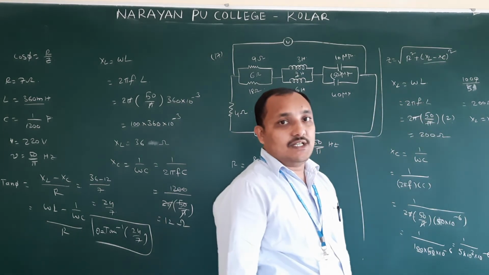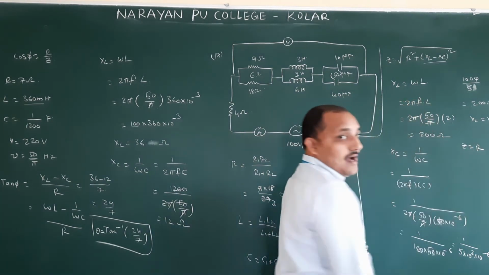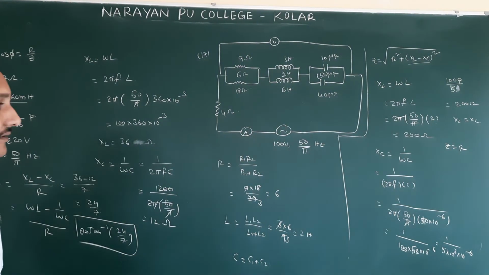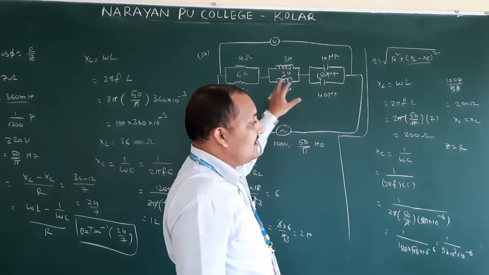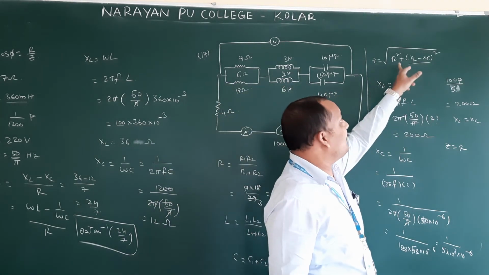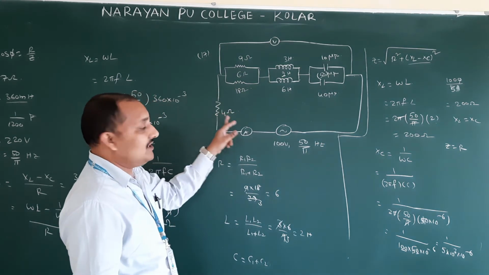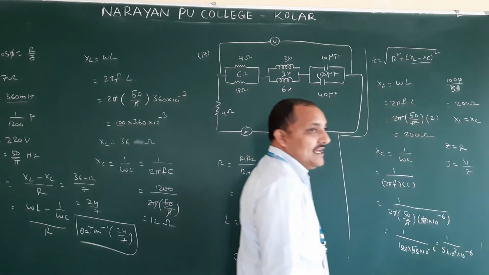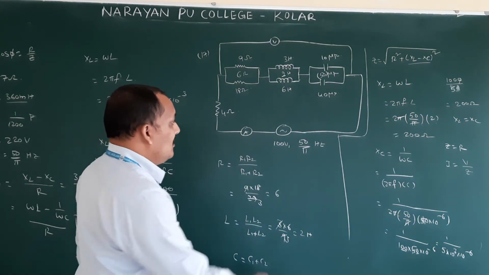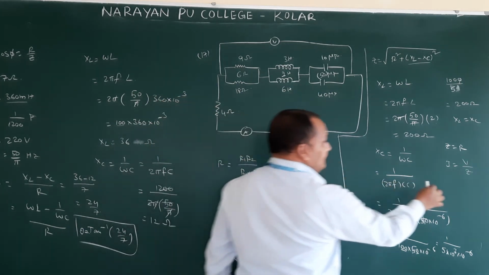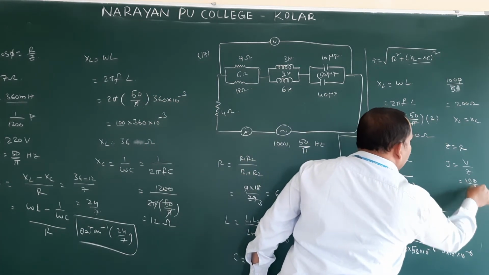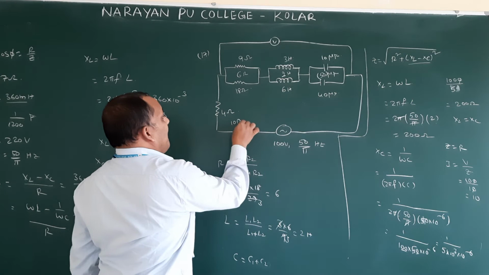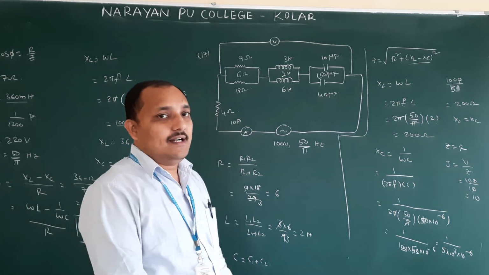Then XL minus XC is going to become 0, so Z is equal to R. Finally Z is equal to R, the total resistance, because XL and XC are both the same. Now what is the R value? Here 6, here 4. Therefore the total current entering is I equal to V by Z. Correct or not? The voltage they give is 100. 100 by 10, total resistance 6 plus 4. Therefore the entering current is 10 amperes. You can see a current value of 10 will be in one option.